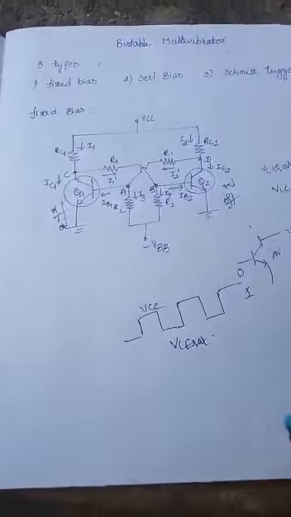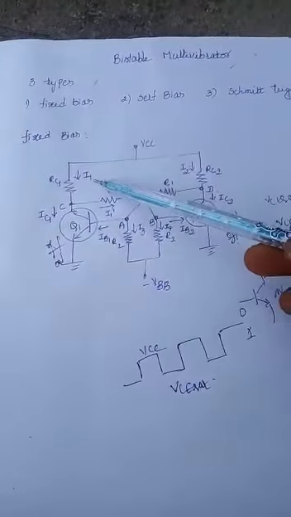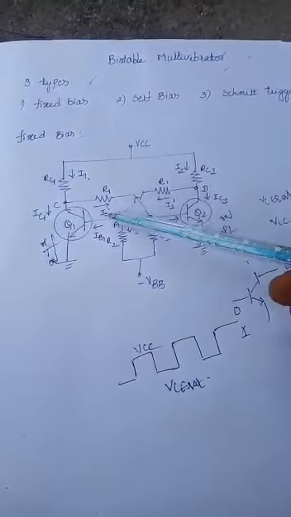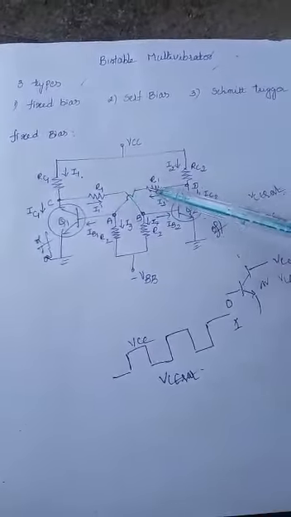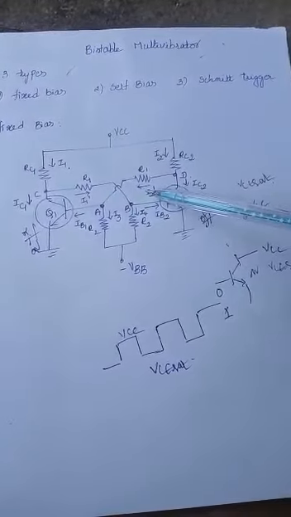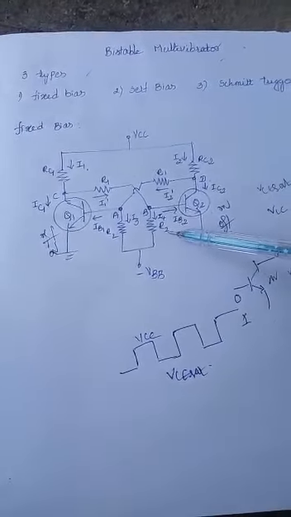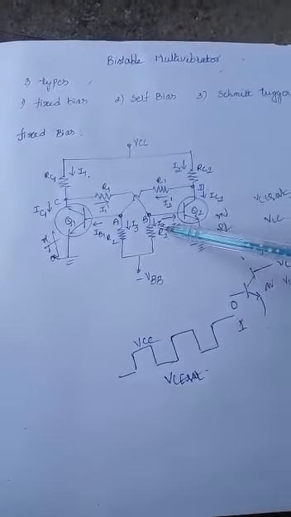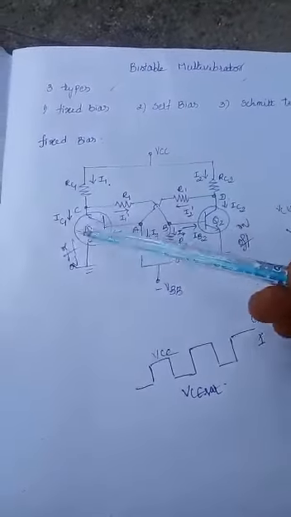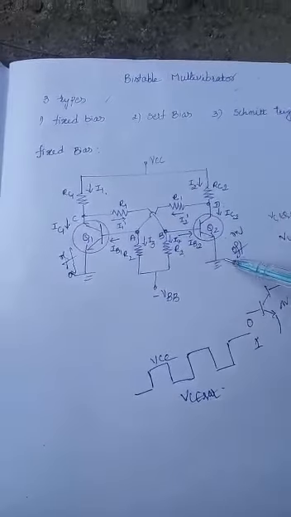Now let us discuss how one transistor is in off and the other transistor is in on condition. Let us assume that through RC1 resistor I1 current flows, through RC2 resistor I2 current flows, and through their coupling elements R1 and R1, I am assuming that splitting currents I1 dash and I2 dash are flowing, and through R2, I3 current flows and through R2, I4 current flows. As we know, for the transistor, the three currents flow: IB1, IC1 and IE1. In a similar way, IB2, IC2 and IE2.